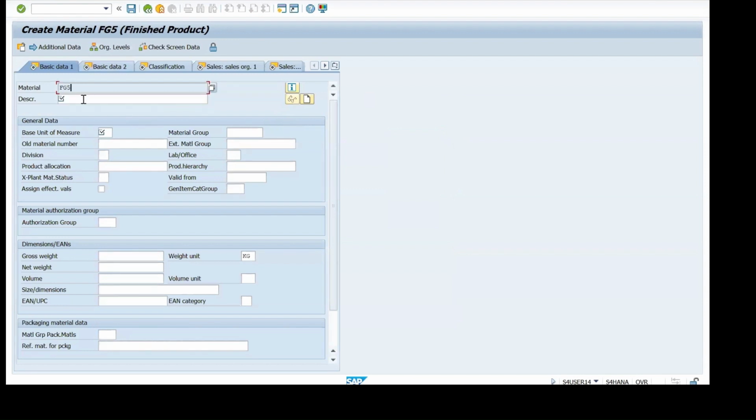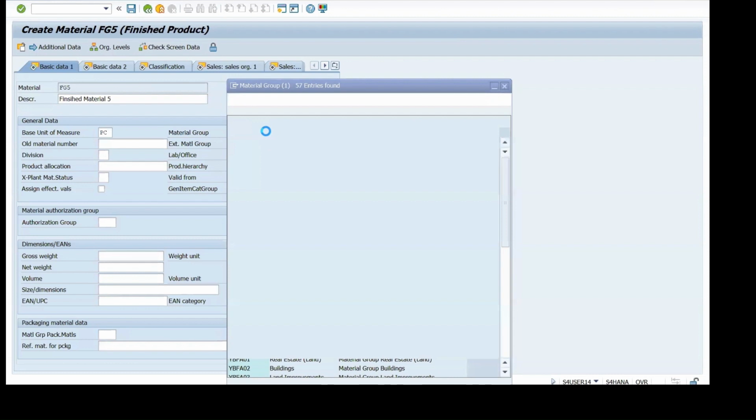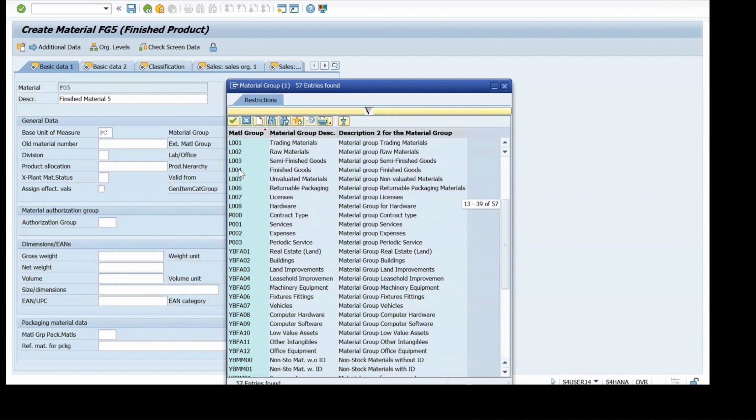sales organization, and you can enter the description. Description can be anything, and unit of measure, as you mentioned, it can be pieces, or it can be each, or it can be kg. And material group, select the relevant material group from the F4 option. If you press F4, then you can find available material groups,